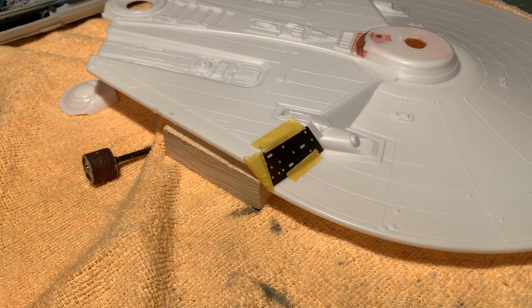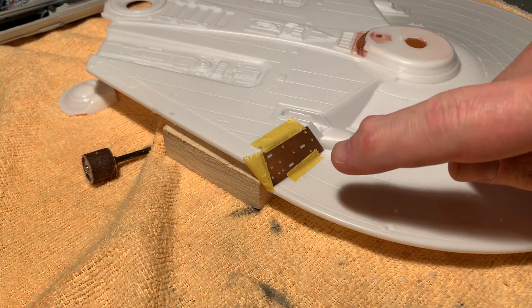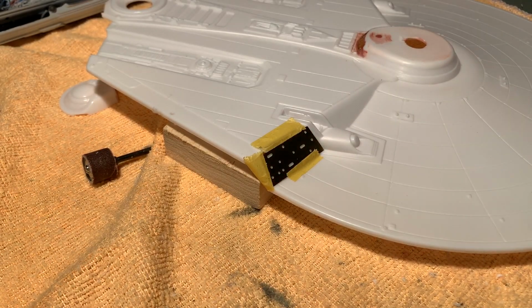I don't know if you've ever done the Star Destroyer, the Zvezda 2700 scale. You've got to drill all of them out by hand, or the Polar Lights 1/1000th Excelsior. If you've done that, you know the pain, and you know the magic. So what you've got to do is cut out these templates, clean up the burrs, and then literally